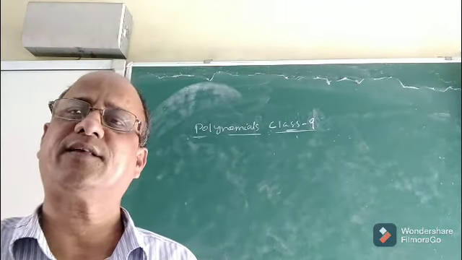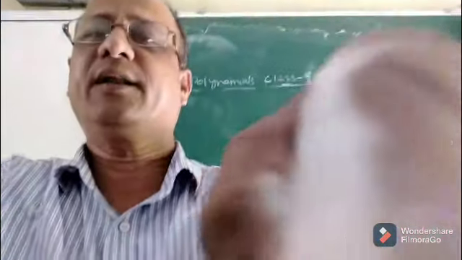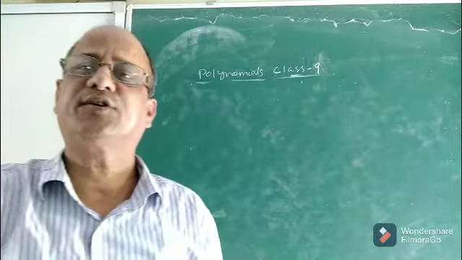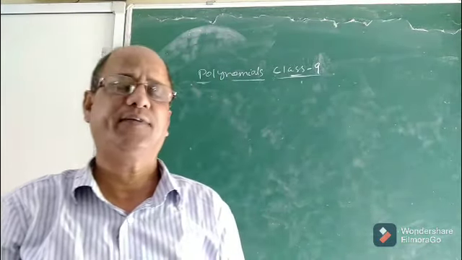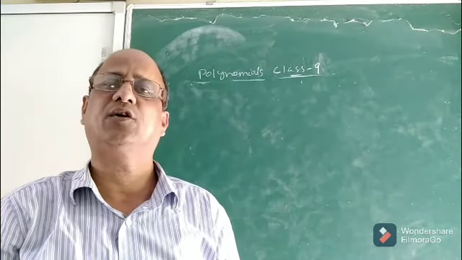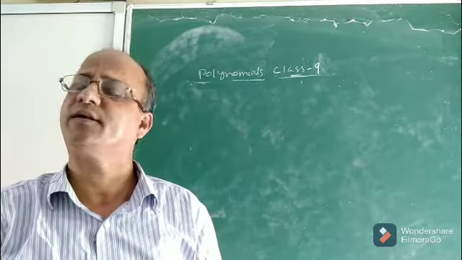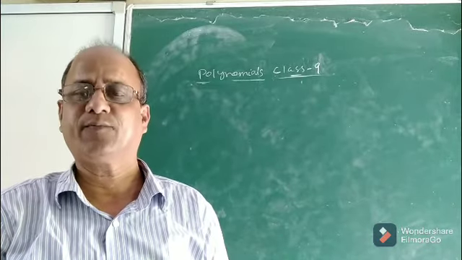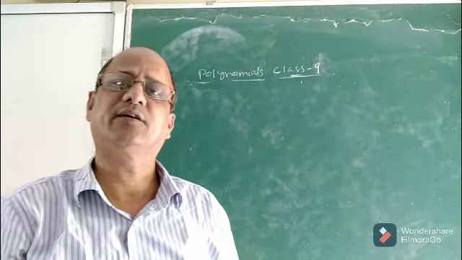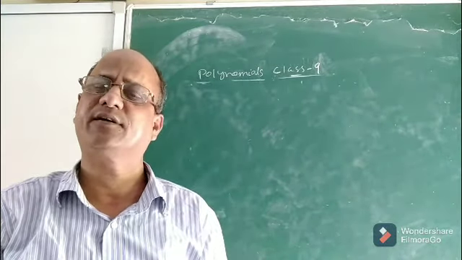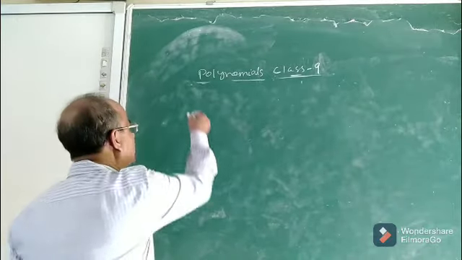Children, in the previous class, I discussed so many things about polynomials. What is a polynomial? The definition, then standard form, then degree, then different types of polynomials, namely linear polynomial, quadratic polynomial, cubic polynomial, etc. What is their standard form, I mean, what is the general form? How to write it? What is the degree of each one? Everything I had discussed in detail. Now, let us discuss something more about constant polynomial.